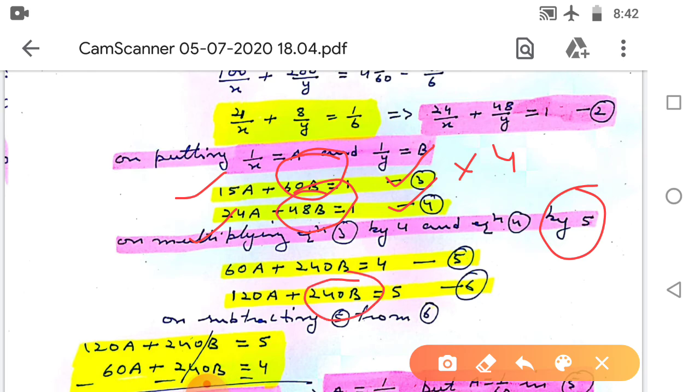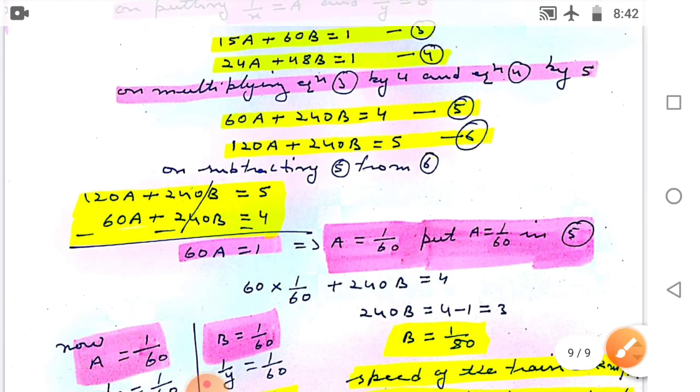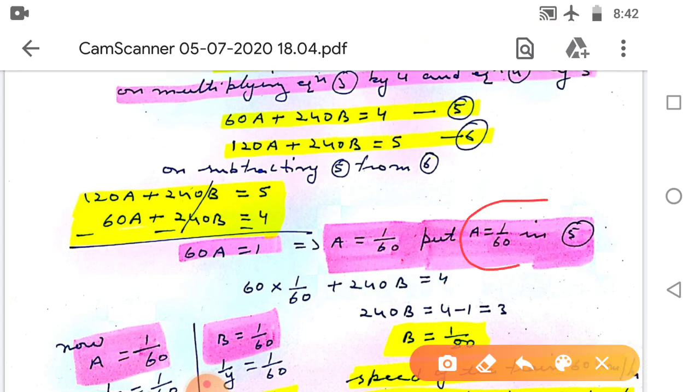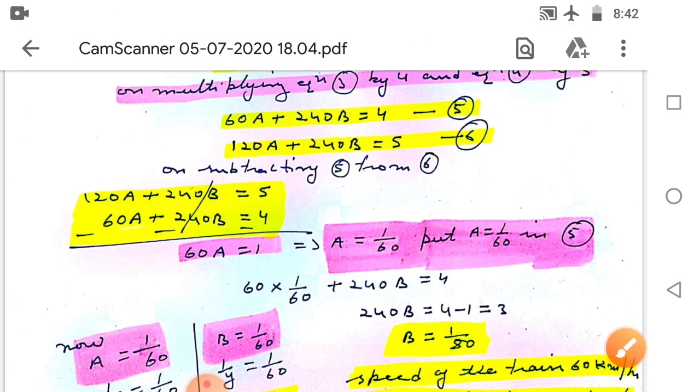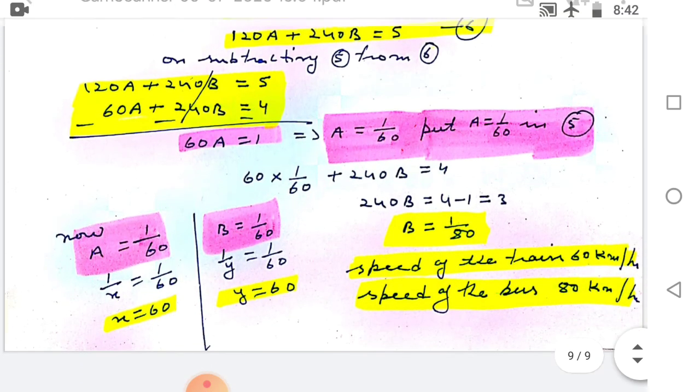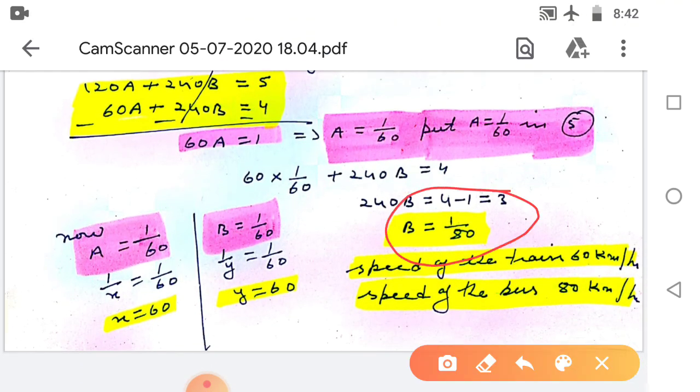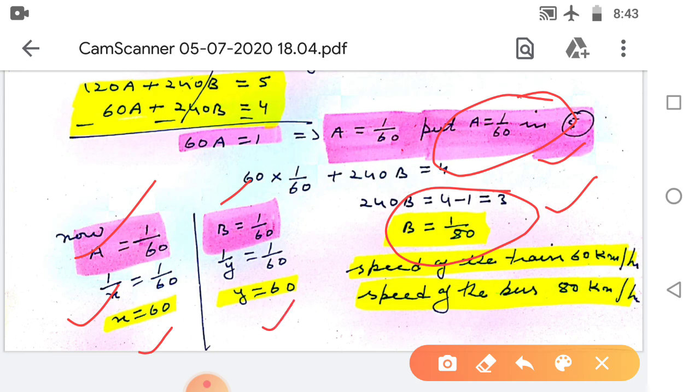Clear? Equating the coefficients. Okay, when we solve these two equations, the value of a comes 1 by 60 and the value of b is 1 by 80. So a is equal to 1 by 60, so 1 by x is equal to 1 by 60, that is x is 60, and b is equal to 1 by 80, that is 1 upon y is equal to 1 by 80, so y is equal to 80. So the speed of the train is 60 km per hour and the speed of the bus is 80 km per hour. Okay, so this is your exercise 3.6